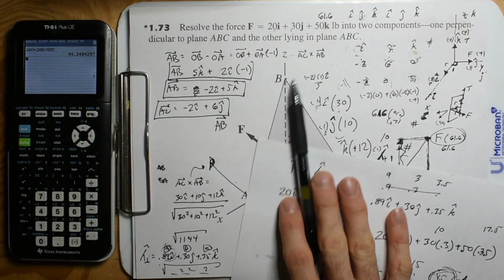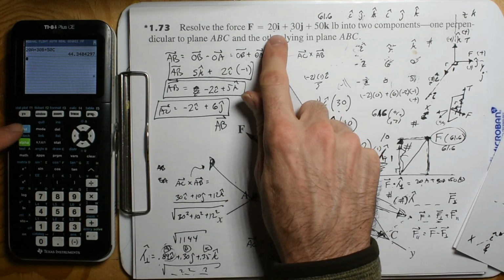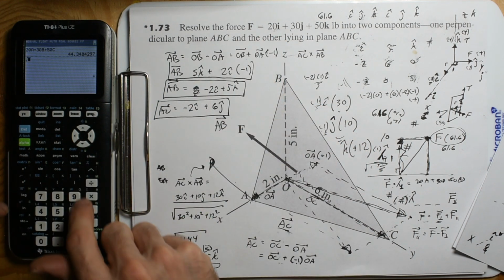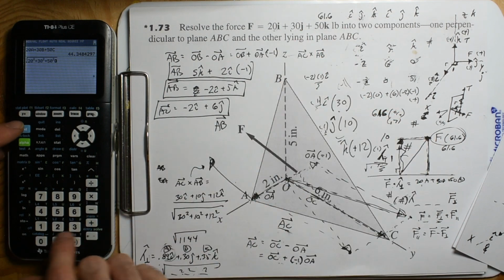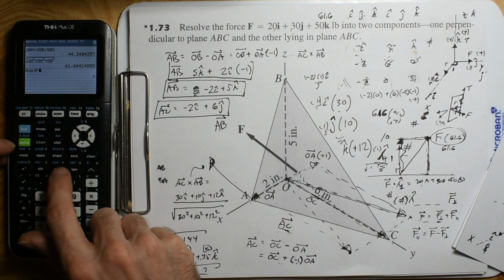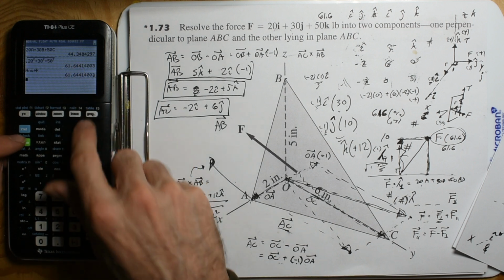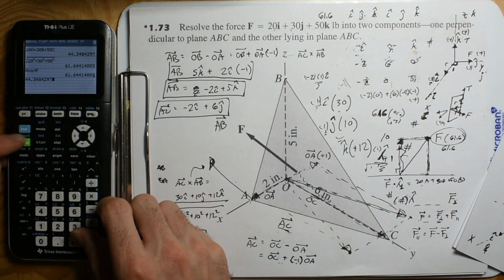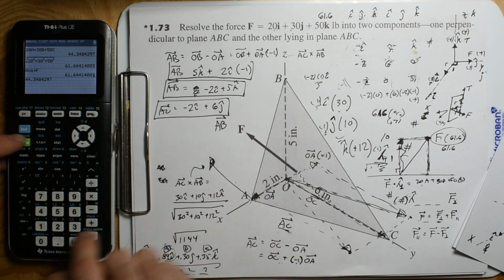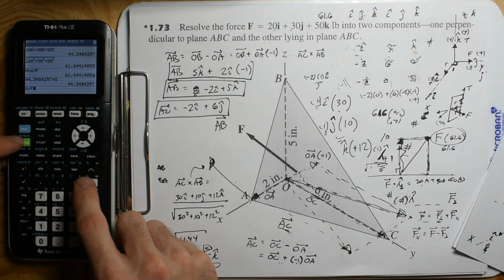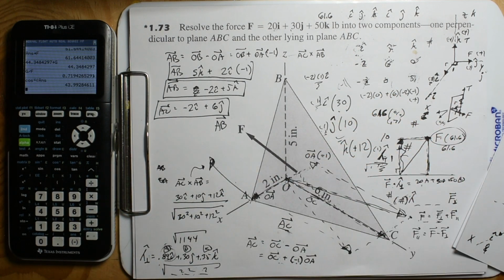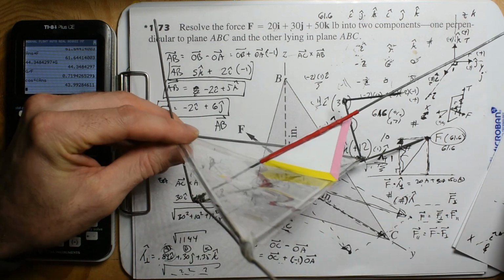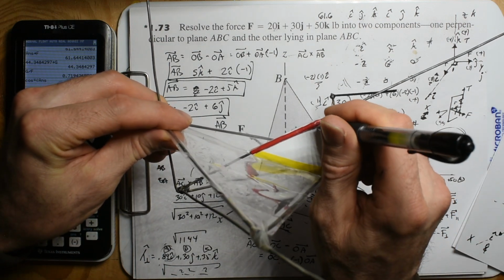I need to store the magnitude of that. So square root of 20 squared plus 30 squared plus 50 squared. This is the magnitude of our force vector. I'm going to store that as alpha f. And we have 44, I'm going to store that as alpha g. And so we have alpha g divided by alpha f, and we take the inverse cosine of that, and we get 43.9 degrees. That's why this problem sucked, because this angle right here,